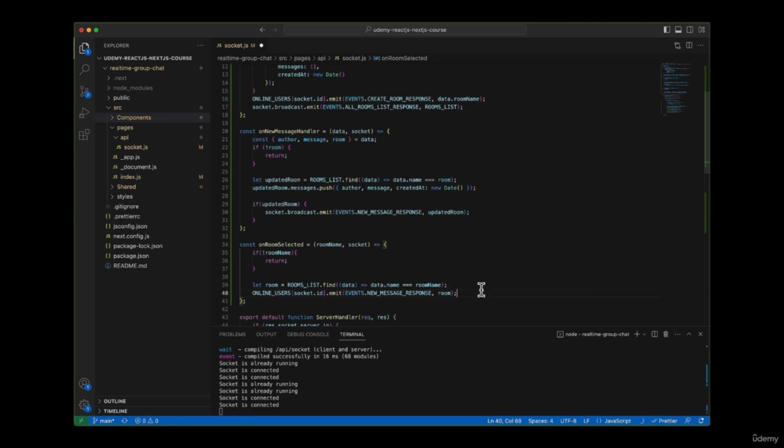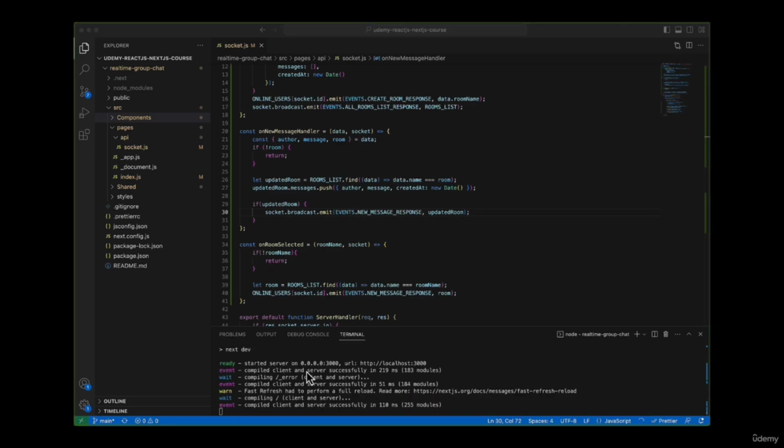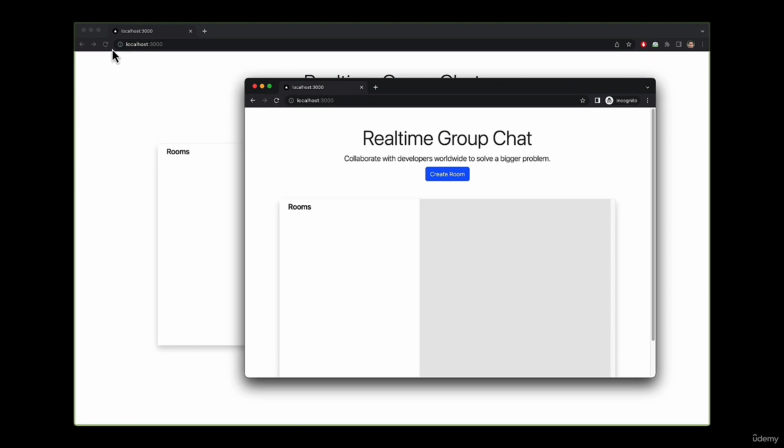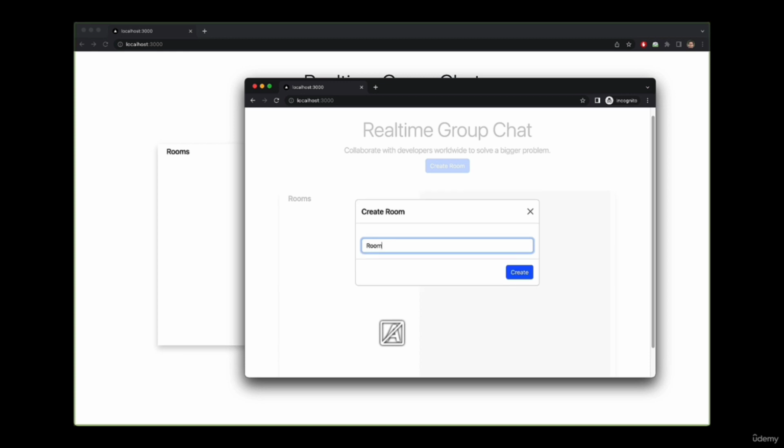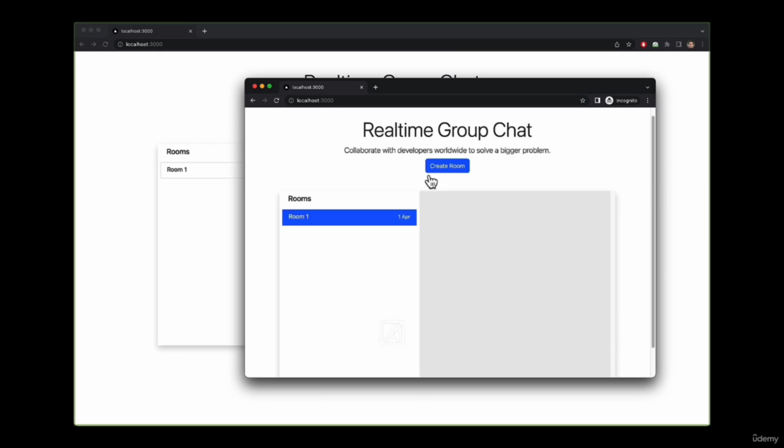So with this, whenever a client selects a new room, it would pass the messages of that room to the client. And since we are passing new message response with the room, it would automatically update on the UI. So let's save this and see our UI once again. With that being done, let me stop my server, clear the console and rerun the development server. And if I go back again to the browser and refresh my browser window, and now let me create one room and one more room,